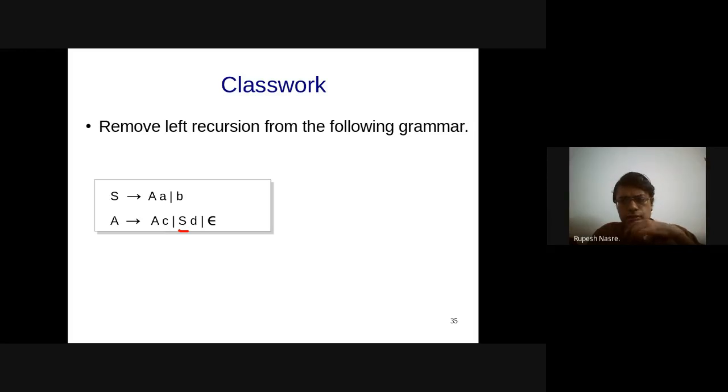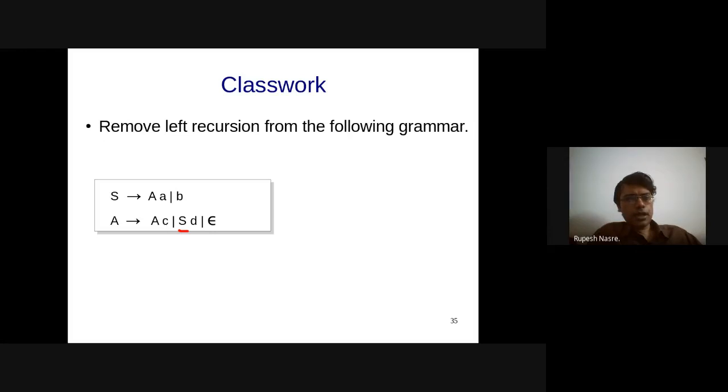I'm just looking at Raghu's grammar. S is okay. A derives B A A D. B. Oh, I see. You have replaced S by A A. Oh, I see. Okay.